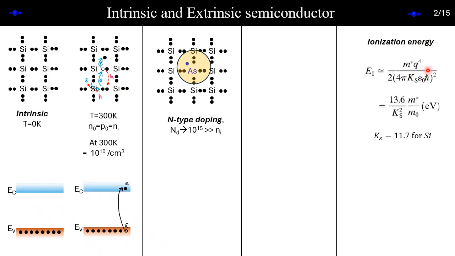I mean, so this is some sort of energy, right? Hydrogen, okay? This is the energy of electron of a hydrogen atom, okay? For hydrogen atom, the K is 1 for vacuum, okay? But here the electron is in the background of silicon. Okay, if it is in background of silicon, then we must use K is whatever dielectric constant or permittivity silicon has. Is this clear?